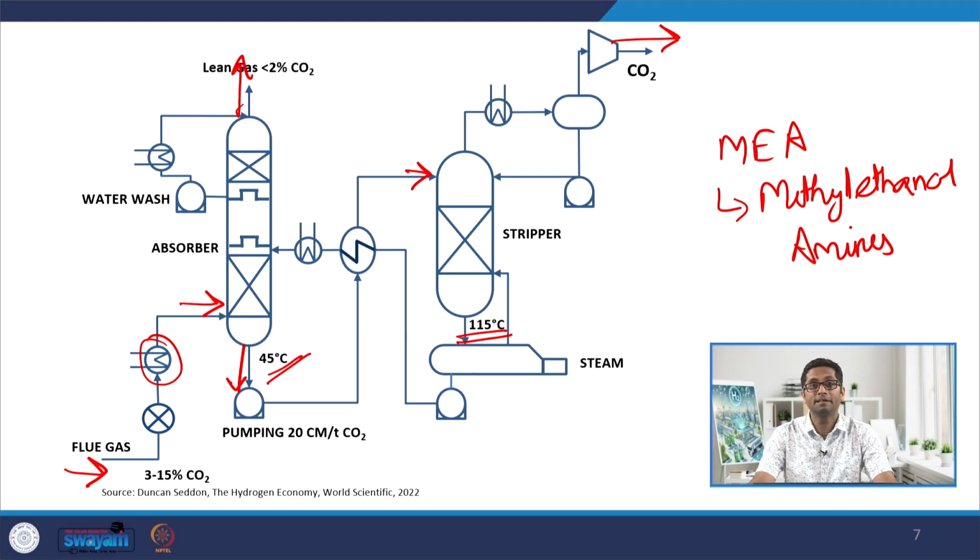But where do you get the heat for this 150 degrees Celsius? Normally you would be raising steam, and this steam would be raised by using some kind of fuel, and traditionally this fuel has been some kind of fossil fuel. So to repeat again, even the capturing of the CO2 would have a good amount of energy utilization. You would be burning some kind of fuel for raising the steam and reaching temperatures of 150 degrees Celsius, and